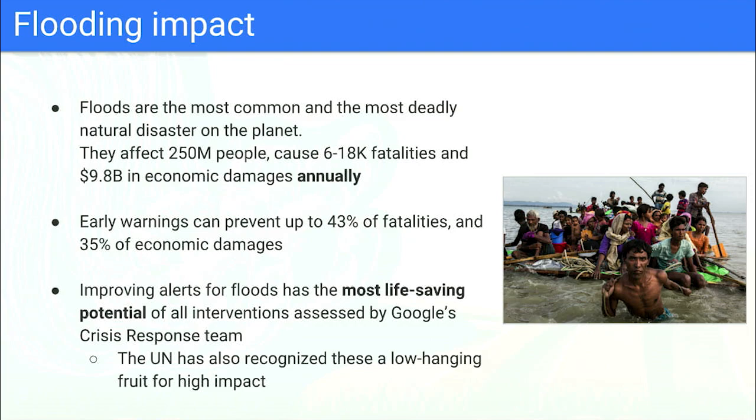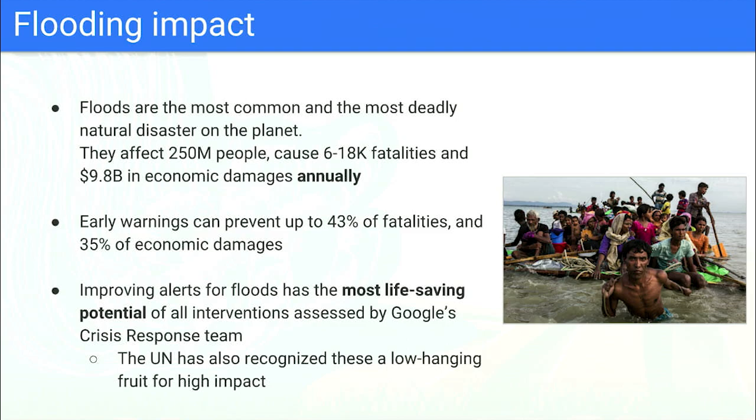As opposed to, let's say, hurricanes and things like that, early warning systems can be incredibly effective in floods, because floods often develop in a relatively slow manner, and if people know that it's coming, they know what they need to do to protect themselves, doing things like moving to higher ground, not driving their cars in dangerous areas, and so on. We can avoid over a third of all both deaths and economic damages. This is done both by individuals protecting themselves as well as governments doing various efforts to mitigate